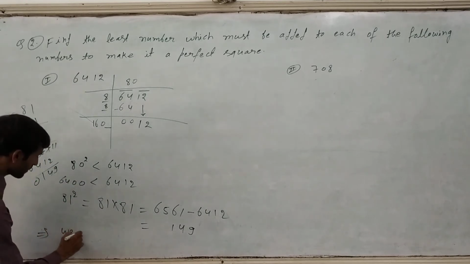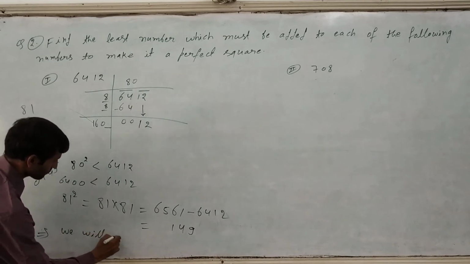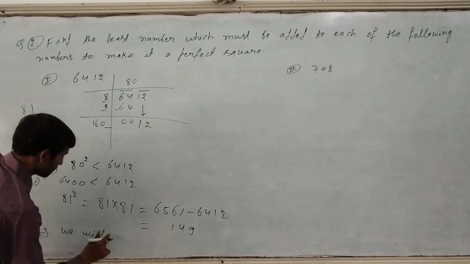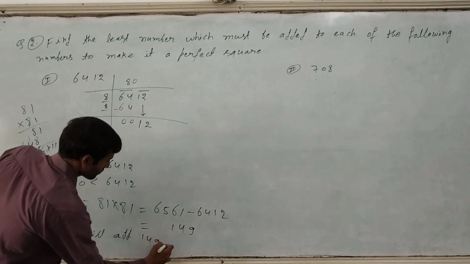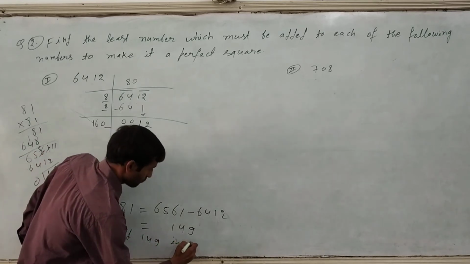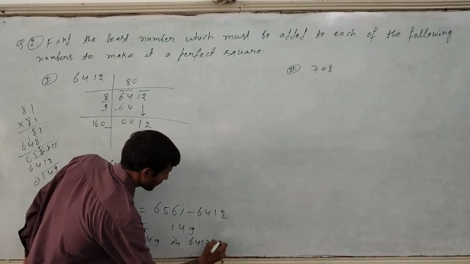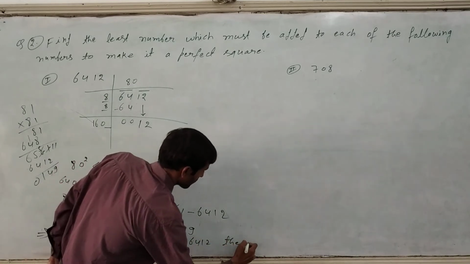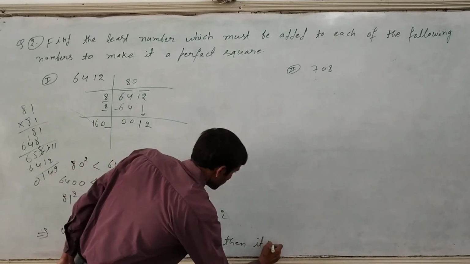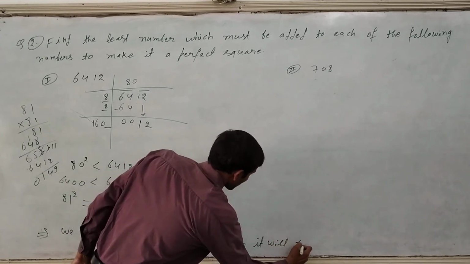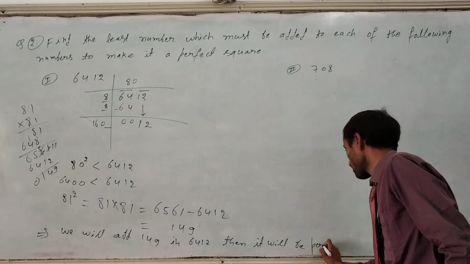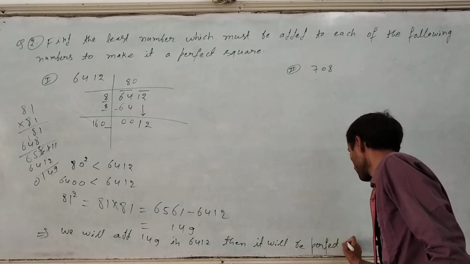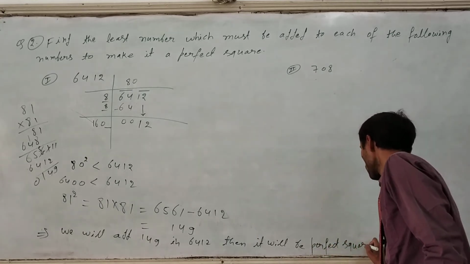We will add 149 in 6412, then it will be a perfect square number. It will be a perfect square. Okay. Like that we have to do the next part also,